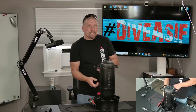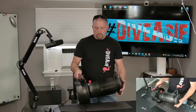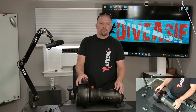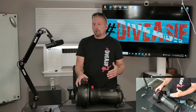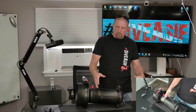If they could just make these batteries longer and then build a longer cone that will fit on this device, maybe they'll call it the Seacraft Go Plus, or the Seacraft Go Faster, or Seacraft Go Longer, or something to that effect. But just adding longer batteries and a longer cone on this exact